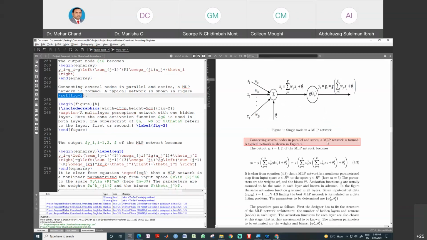And caption: \caption is the main function, and the detail about the figure is inserted between these 2 brackets. This is the detail about the figure, which is the caption for the figure. After that we can insert the label. You can insert the label anywhere, at this place also, no difference, either at the beginning or at the end, depends upon you.